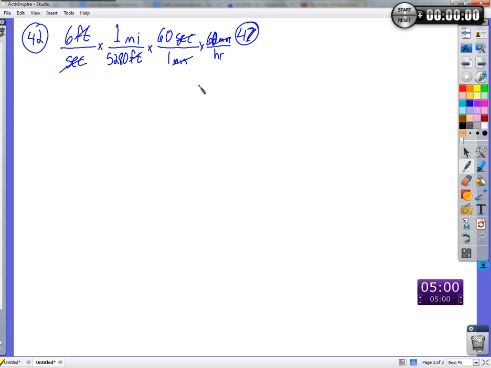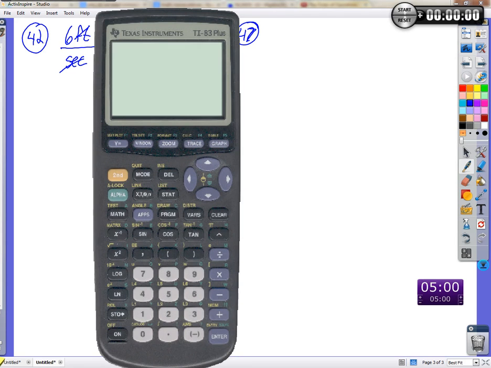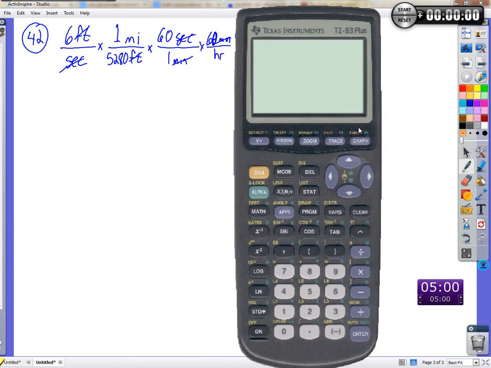Okay? Could I multiply 6 times 60? Can I do that with a piece of paper and a pencil only? Is it possible for me to do? Yes, I hope so. Can I divide that by 5,280 with a piece of paper and a pencil? Okay, I hope so. Long division. Might take a minute to kind of rejuvenate our minds and remember exactly. Okay, so if it's possible, I can do it, then I'll go ahead and use my calculator to do it faster. But if I'm using it because I don't know how to do it, that's not a good reason to use my calculator. So 6 times 60,